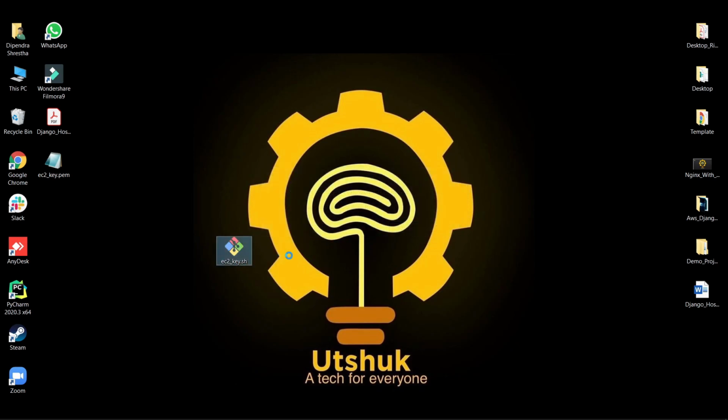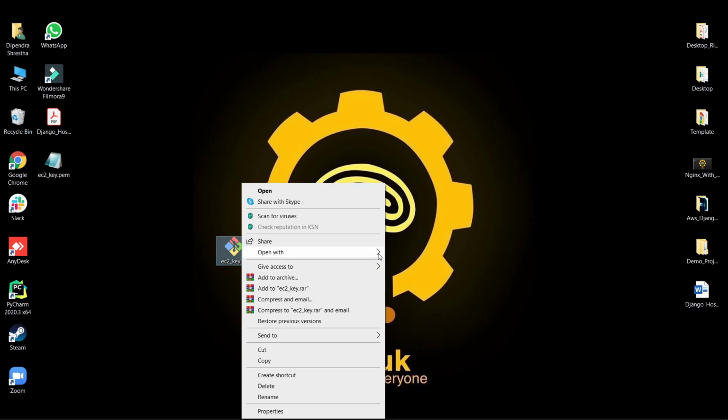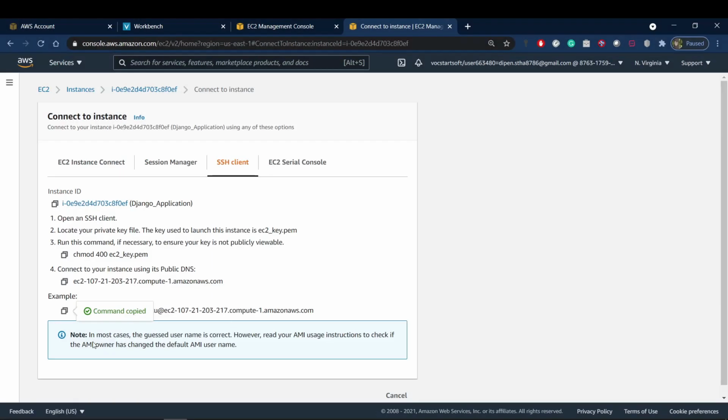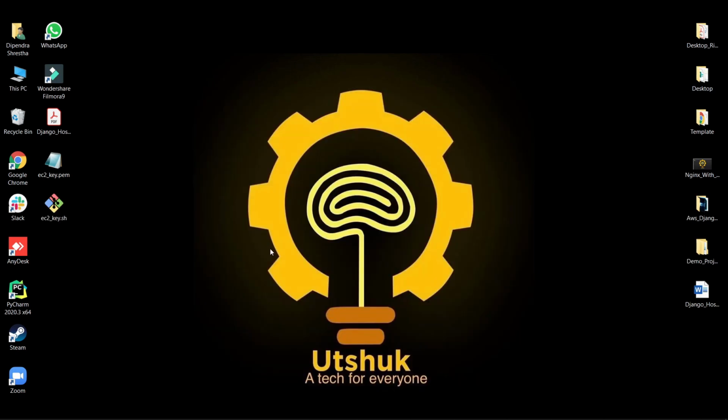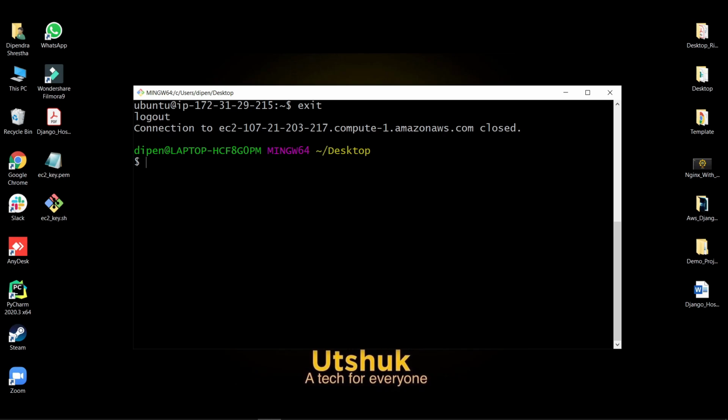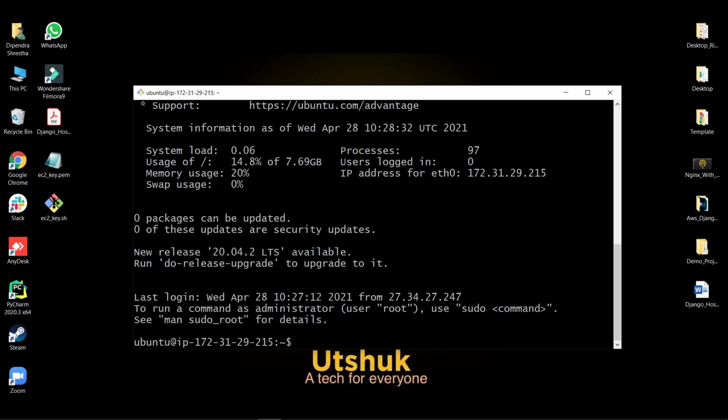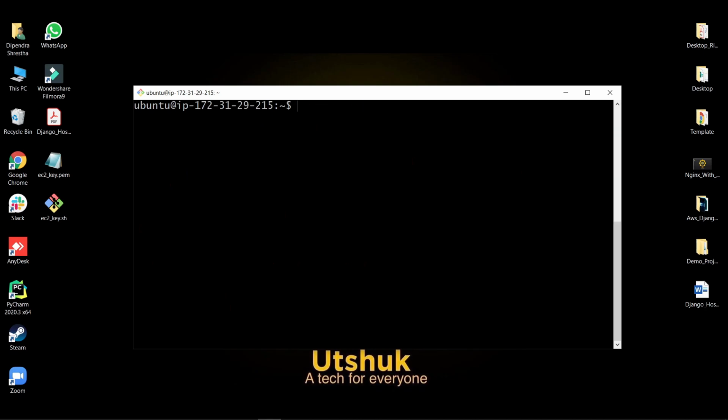Then open it with Notepad. Then copy this command, paste it here, and save it. If you want to connect to your EC2 instance, you can simply go to the terminal and give the command sh ec2key.sh. This will establish the connection. So this might be the simple way to connect to your EC2 instance. Later on, clear this out.